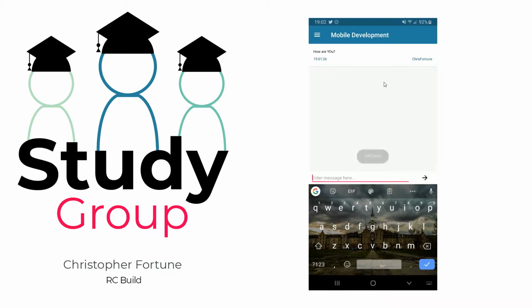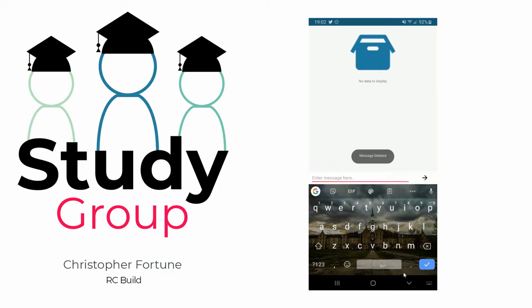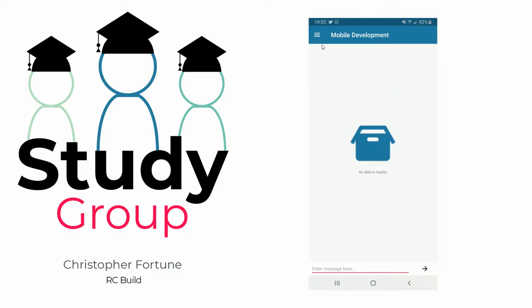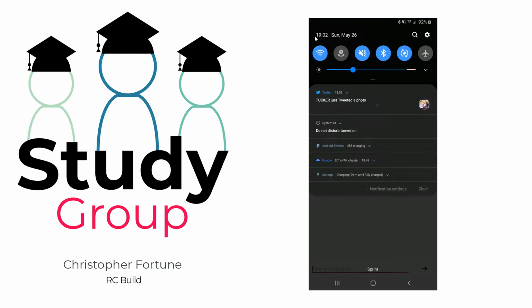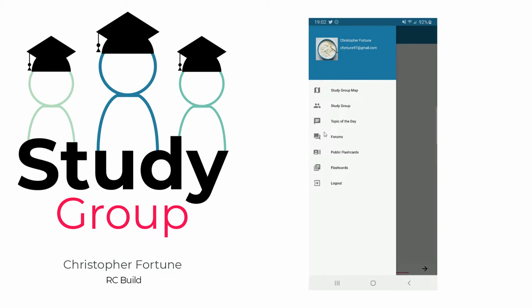And if you don't want to have a message, you can just go ahead and delete that message. If you press delete, it asks, are you sure you want to delete your message? Press delete, and you can go ahead and do so. As you can see, that message is now gone. So if we go back out into public